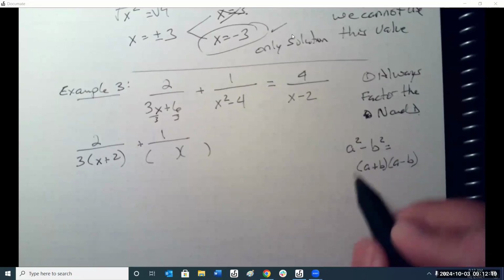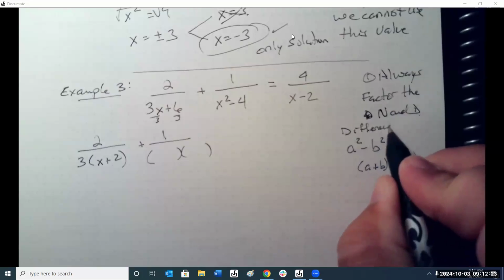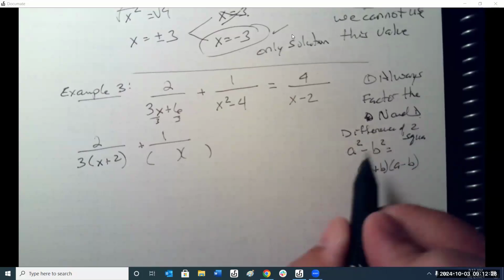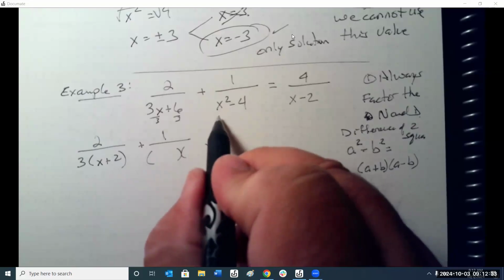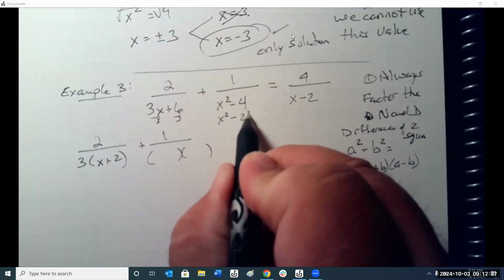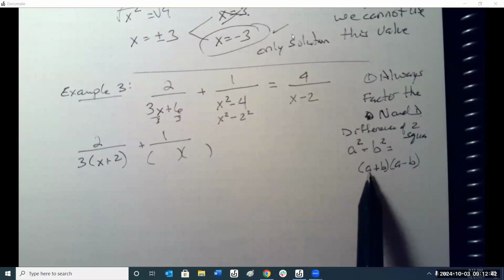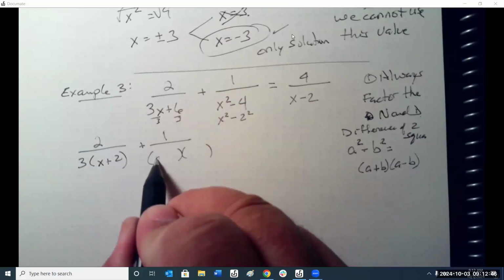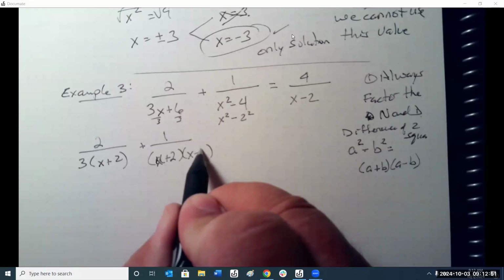This is called the difference of two squares, because we have one number squared minus another number squared. This one is x squared. 4 is made up of 2 squared. So it's a difference of two squares. Therefore, it's a plus b, a minus b. So it's x plus 2, x minus 2